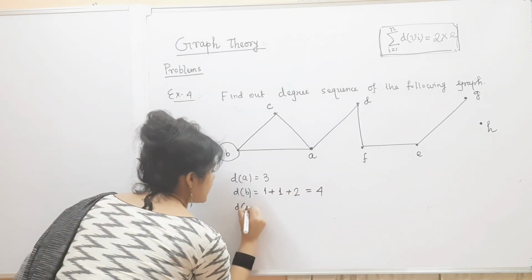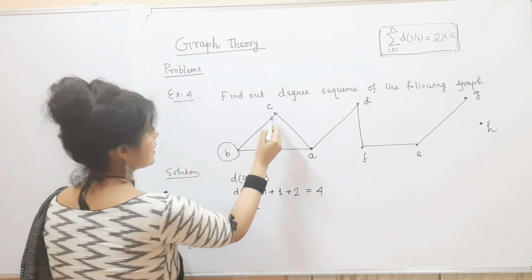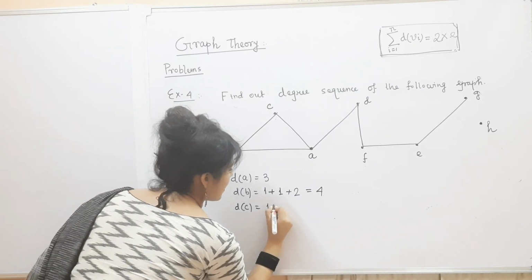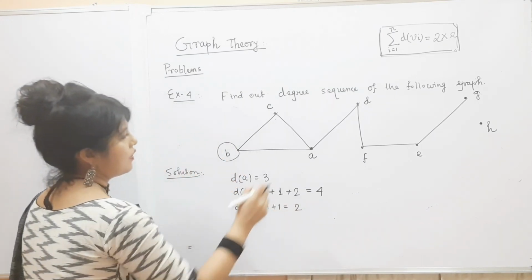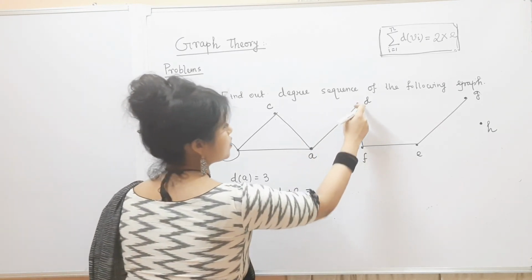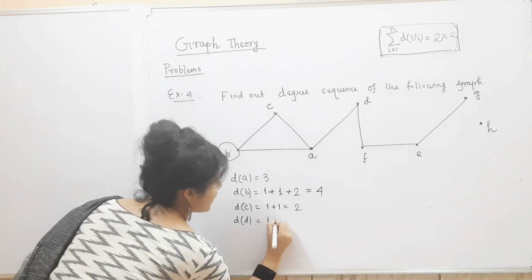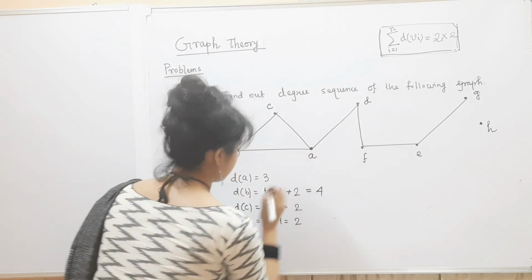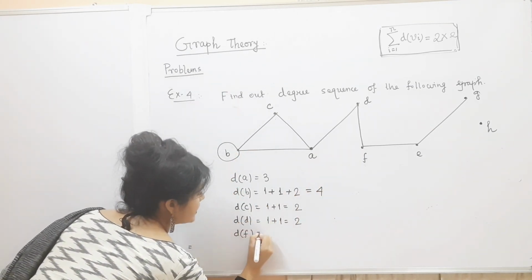Similarly, what is degree of C? Two edges are associated, so degree of C is 1 plus 1, that is 2. What is degree of D? Degree of D is, two edges are associated, so 1 plus 1 is 2. Okay, what is degree of F? So degree of F is